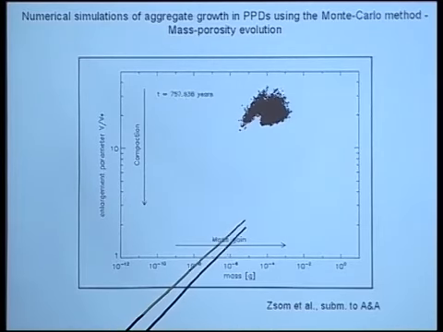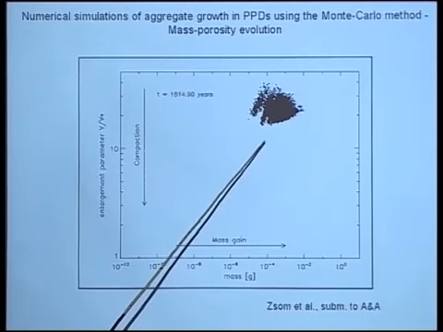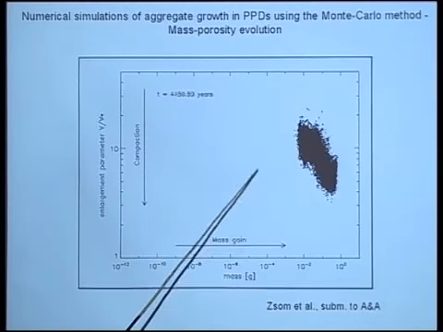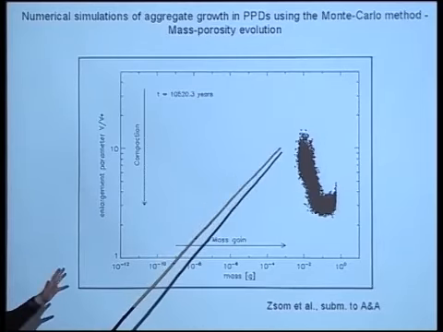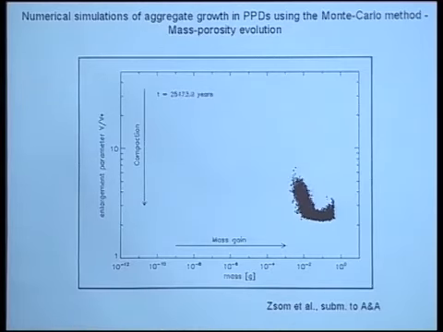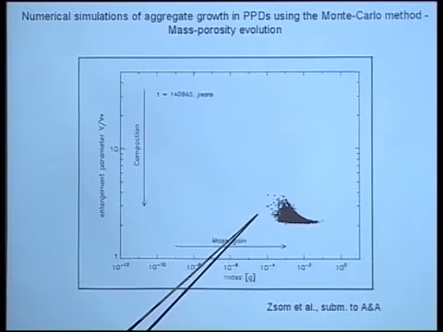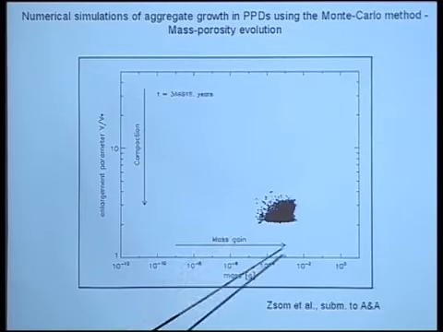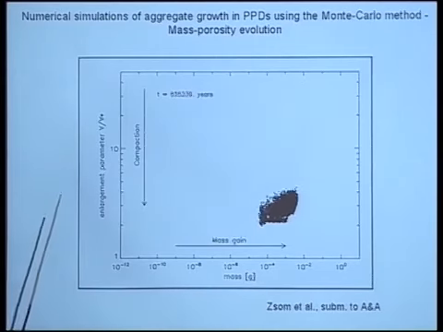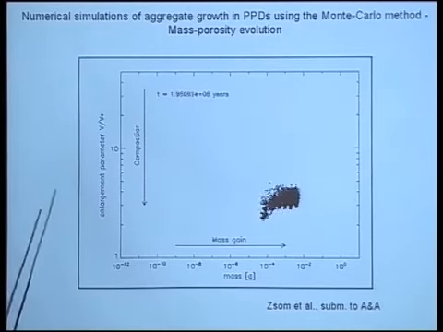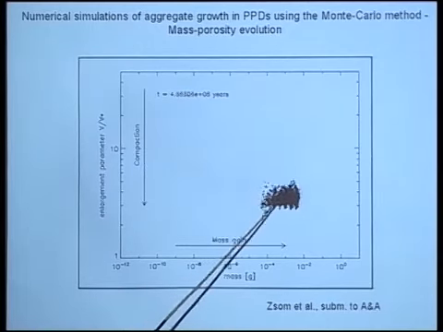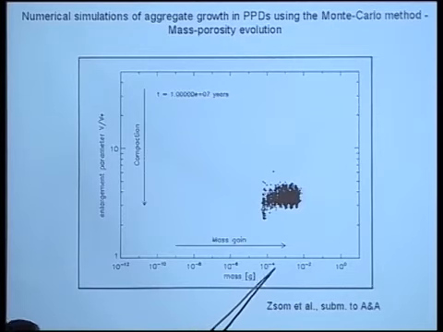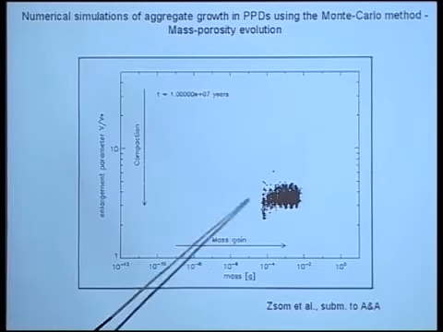And now this transition from Epstein to Stokes will happen soon, now. And now the bouncing with compaction comes. So things get compact, and with a probability of 10 to the minus 4, there's some fragmentation. So mass goes back again. And then it stabilizes. So it's a hidden fragmentation, of course. It's a fragmentation and recoagulation that stabilizes the thing on this point. So at masses of 10 to the minus 3 grams, millimeter-sized particles with a small enlargement parameter. So they are not so porous.